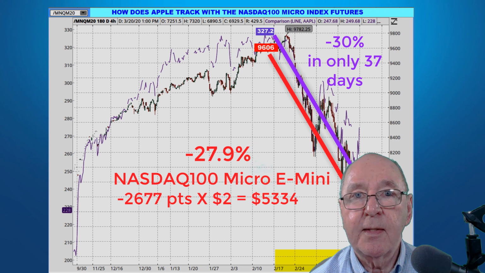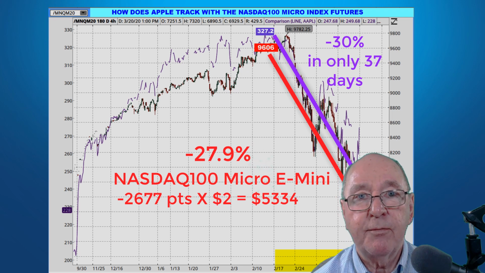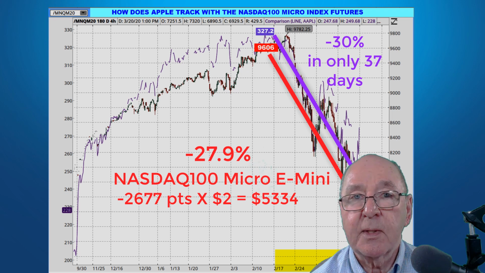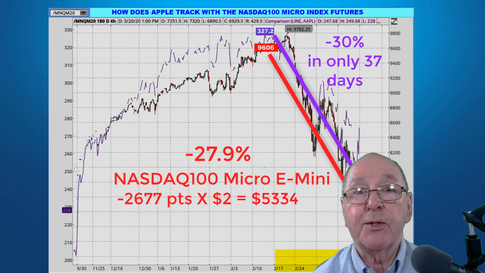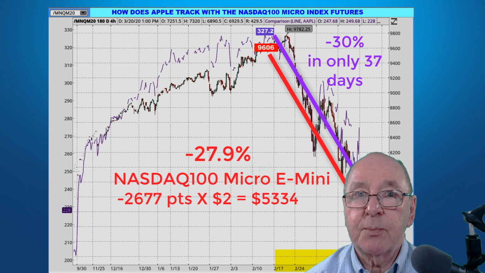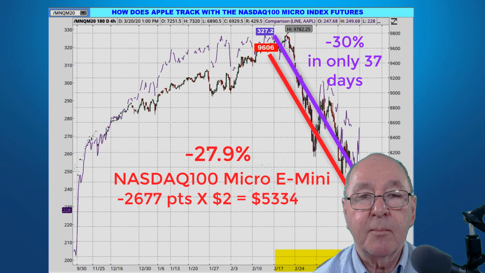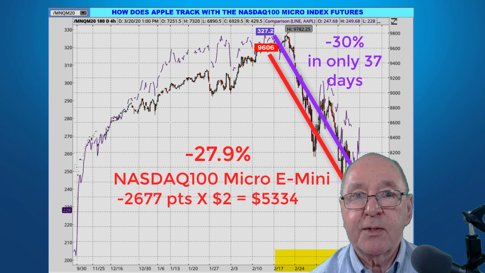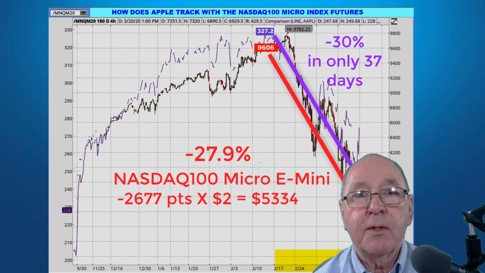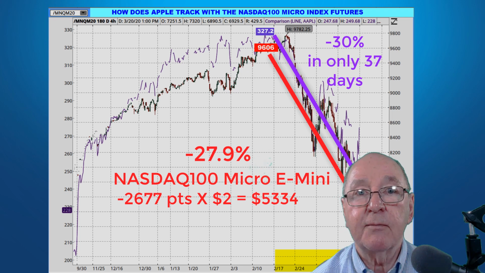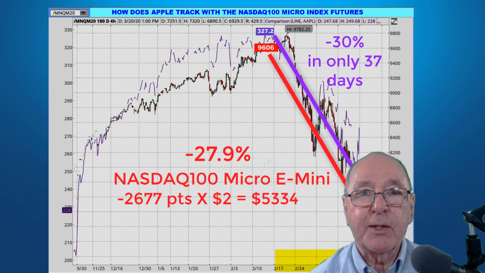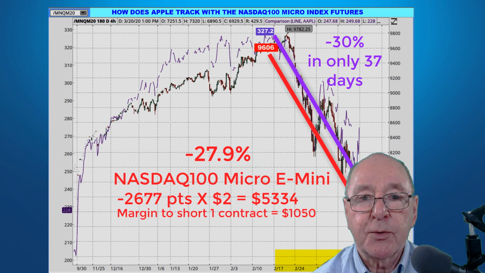Now I'm about to show you the best and the worst thing about trading futures. It has a risky reputation, and it's true because it's a very highly leveraged trading, and you can lose money just as fast as you can make it. But still, I'm going to show you something now that really shows you the potential for profits you can have with such a highly leveraged trading instrument as a futures contract.